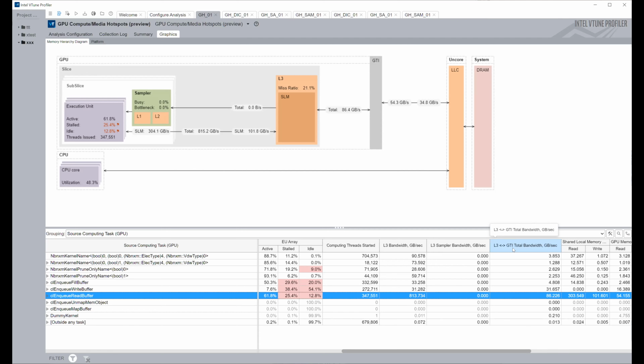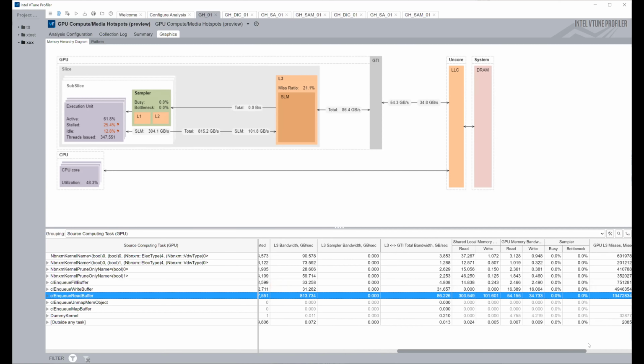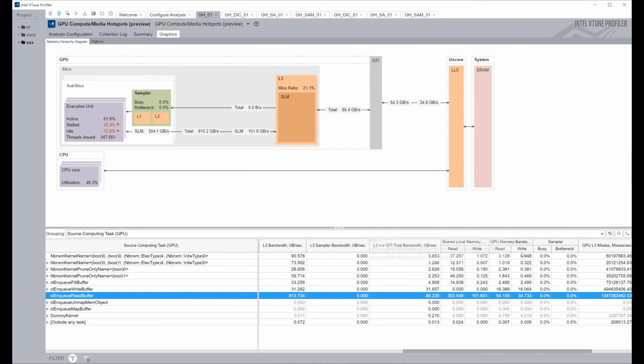That's the last interface before the PCI. This is the bandwidth between this interface and the L3 cache of the GPU. And then you have measures of the local shared memory, the GPU bandwidth, which is what comes over the PCI